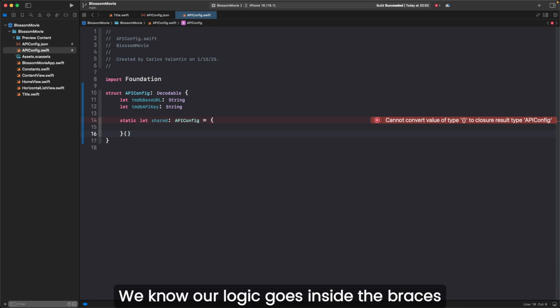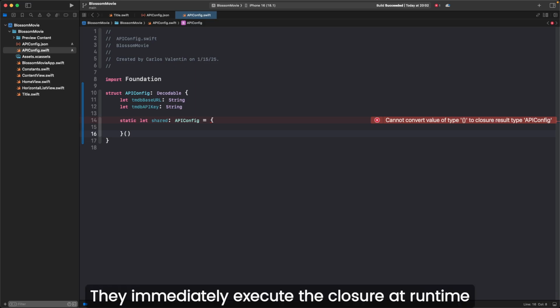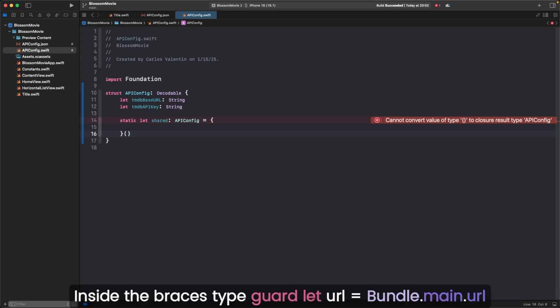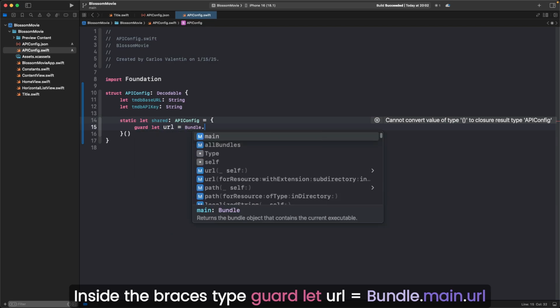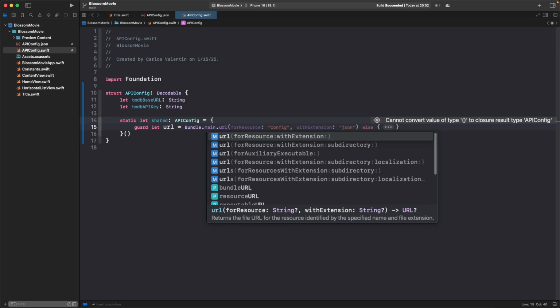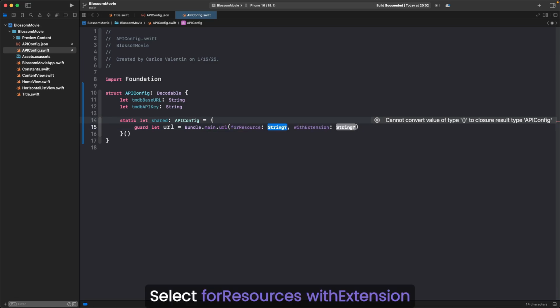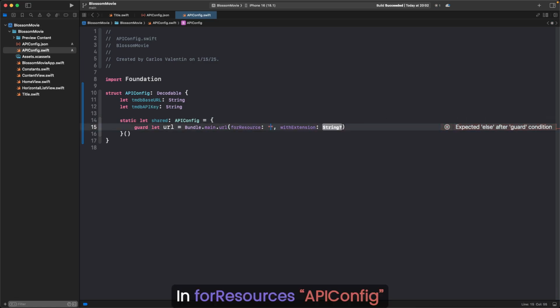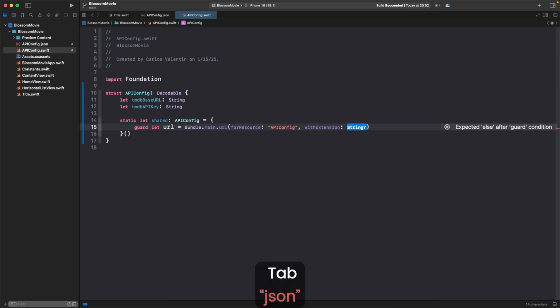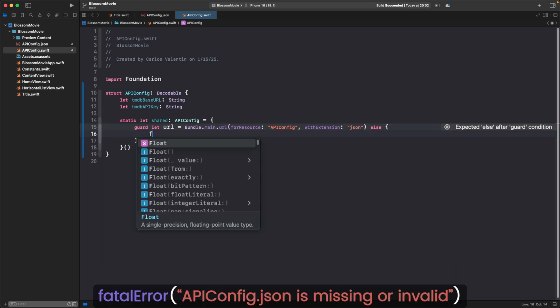We know our logic goes inside the braces. The parentheses at the end are new. They immediately execute the closure at runtime. In turn, our credentials are available right away. Inside the braces, type guard let url equals Bundle.main.url. Select forResource withExtension. In forResource, quotes, APIConfig, tab, quotes, json, else, braces, fatalError,